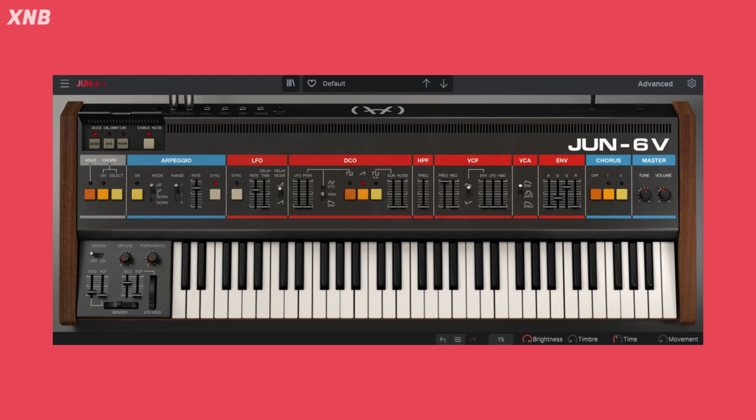Okay, so usually when you use an analog synthesizer, you get different types of oscillators, which is going to be a VCO, a voltage controlled oscillator, which is controlled by voltage. Now, in this case, with the Juno, you get the DCO, which is a digitally controlled oscillator, not voltage. That's the first difference. Now, the Juno, or the Juno 6B, because this is the plugin of that, it's pretty simple. You don't get a lot of options to choose right here. Just some simple options,